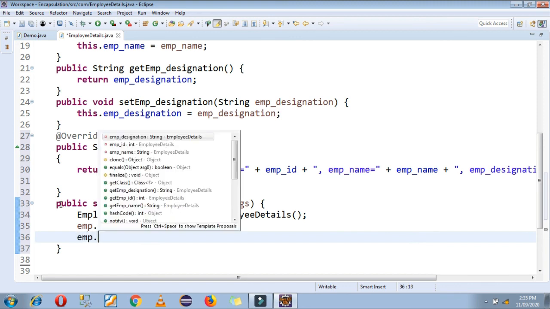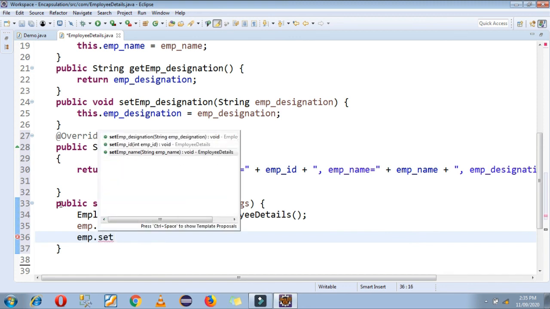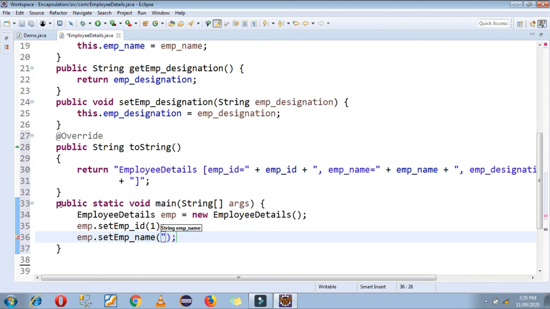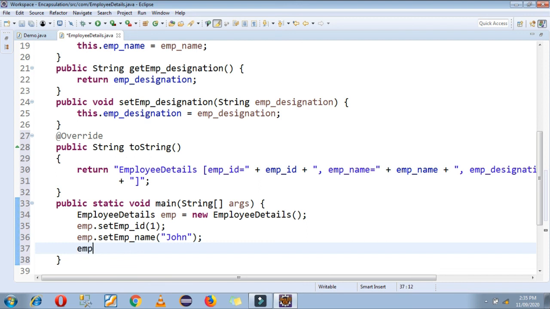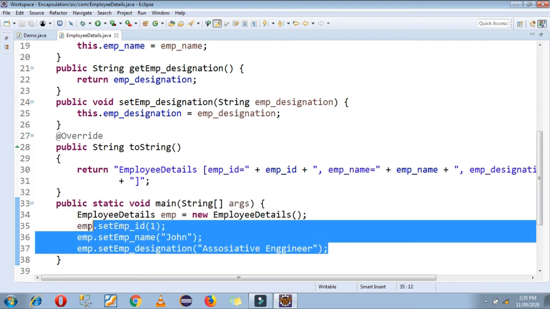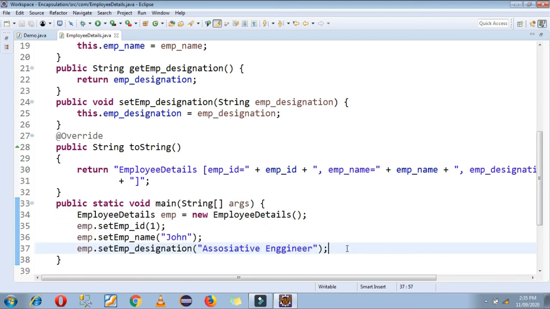So EMP ID suppose 1, then name suppose John, then object dot set function, that is the designation function, suppose associate engineer. Okay, so in this way you have to set value in your variable.